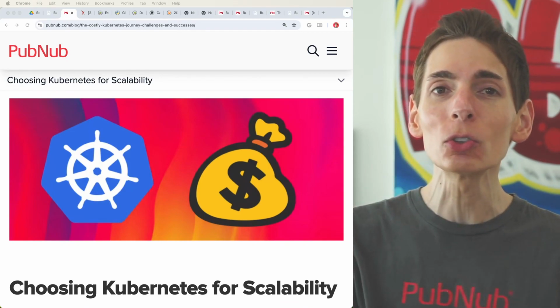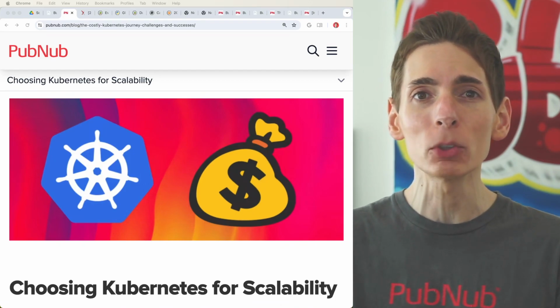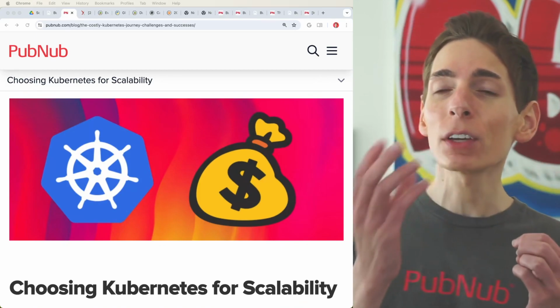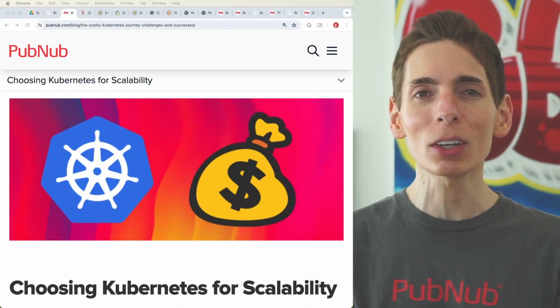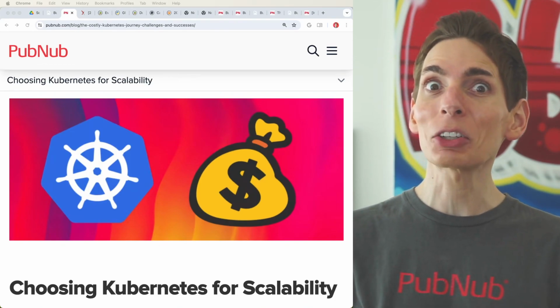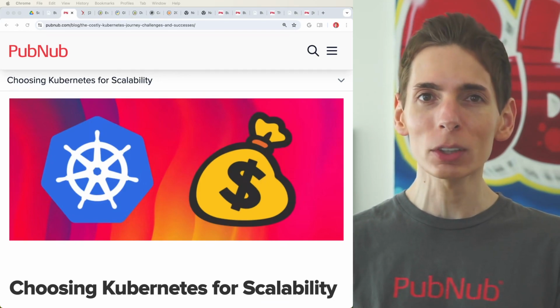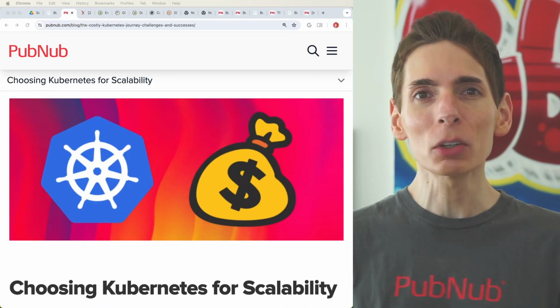You could even use additional plugins. One of those plugins that we use at PubNub is called Helm. You can write Helm charts and templates that will auto-generate all the manifest files that are required to launch your service inside of Kubernetes. And there's a lot to it. It's actually kind of detailed, but it has fastly and quickly become an industry standard that every cloud vendor supports